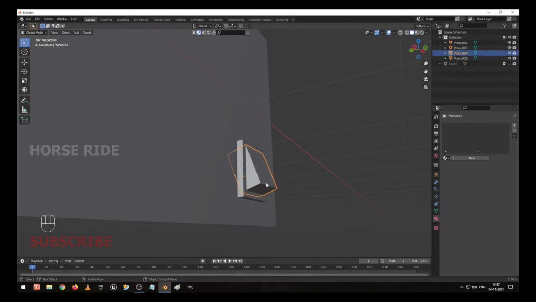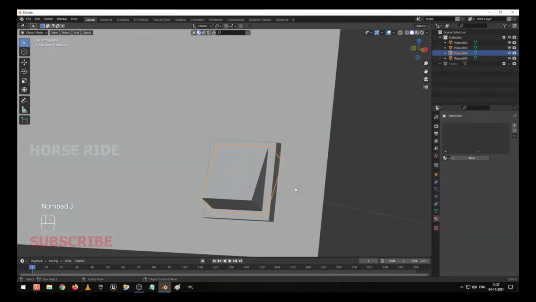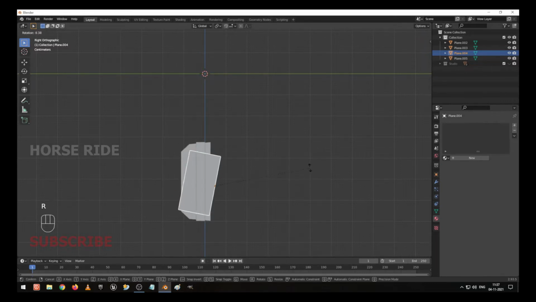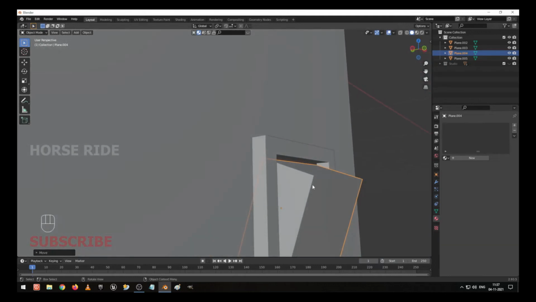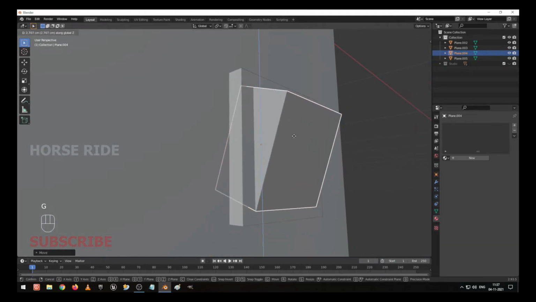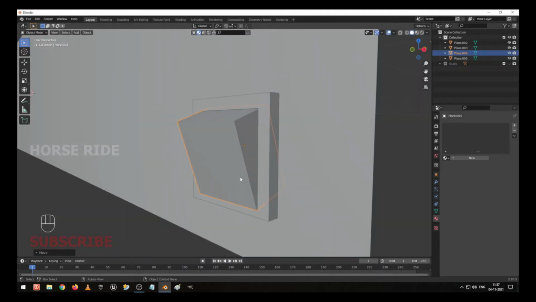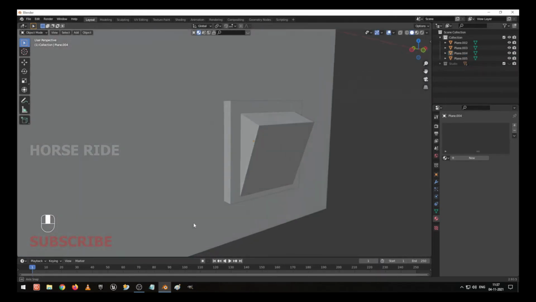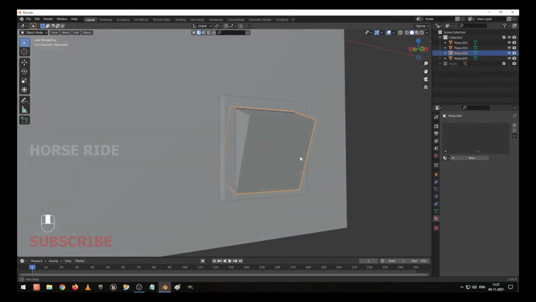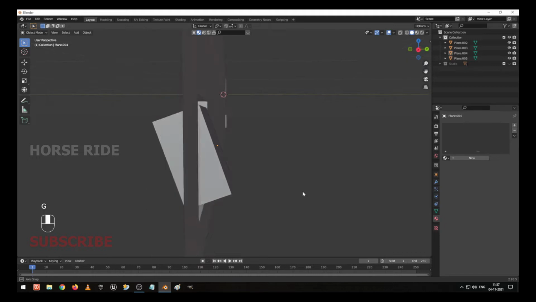So instead of this, I make it as turn on, rotate. I rotate like this, GZ, GZ, okay, yeah, now the switch is on.